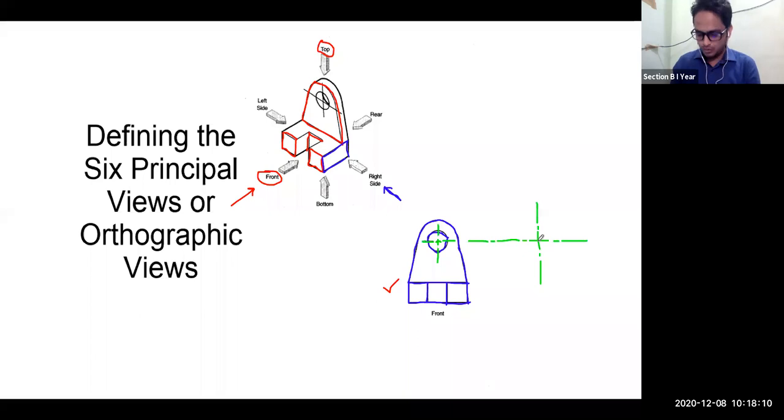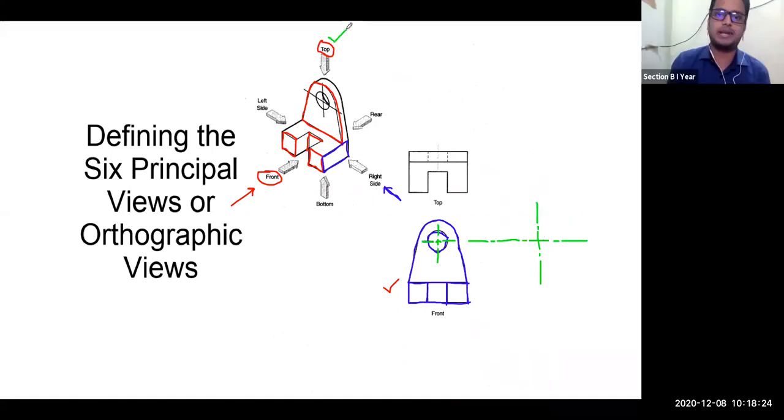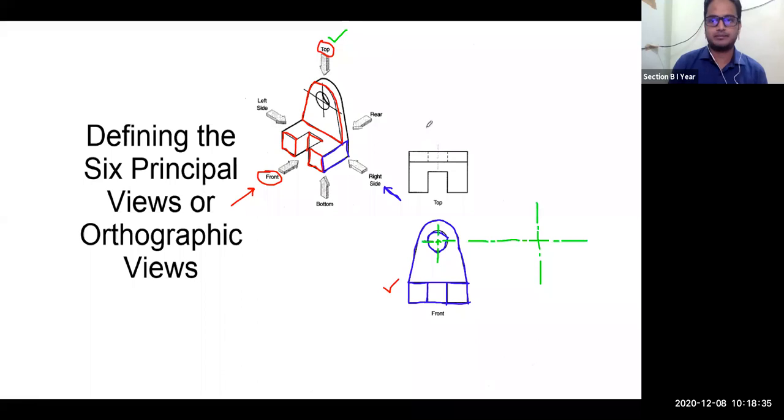Now the top view. I hope you all have drawn it. Try to cross check how it will look. This is your top view, when you see this from the top side. Now one more type of line is coming into the picture here. Try to tell me what that line is and why it is located here. It is representing which geometrical entity of this object?